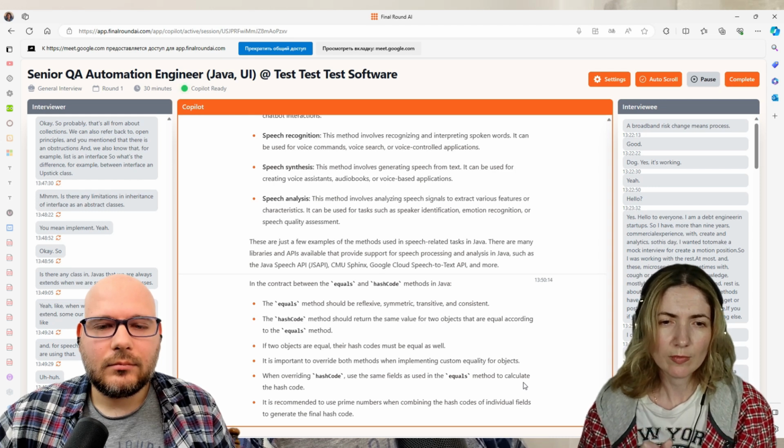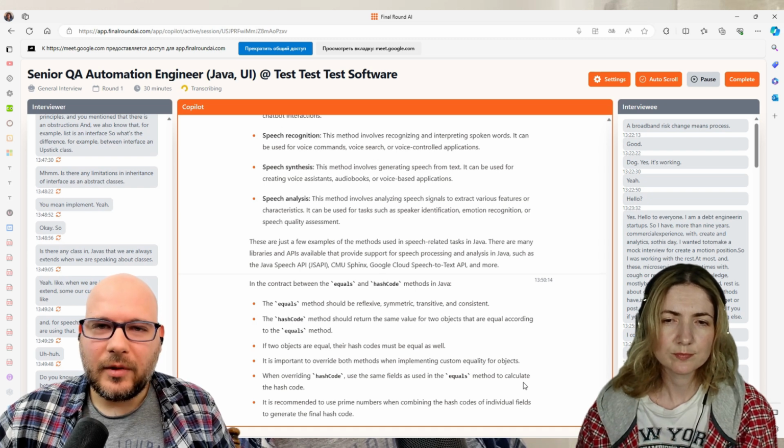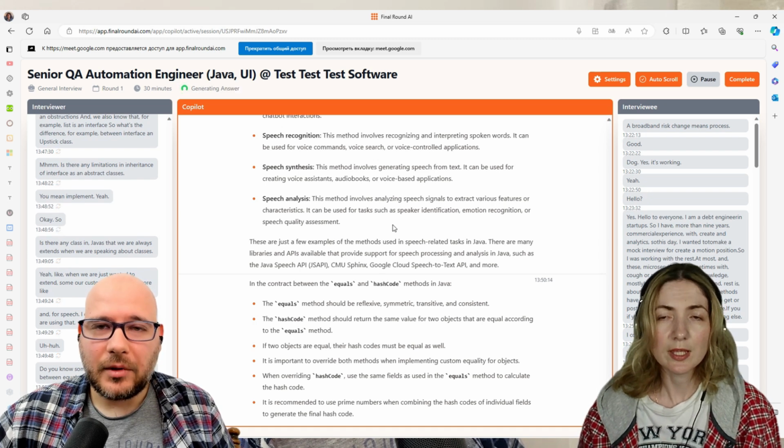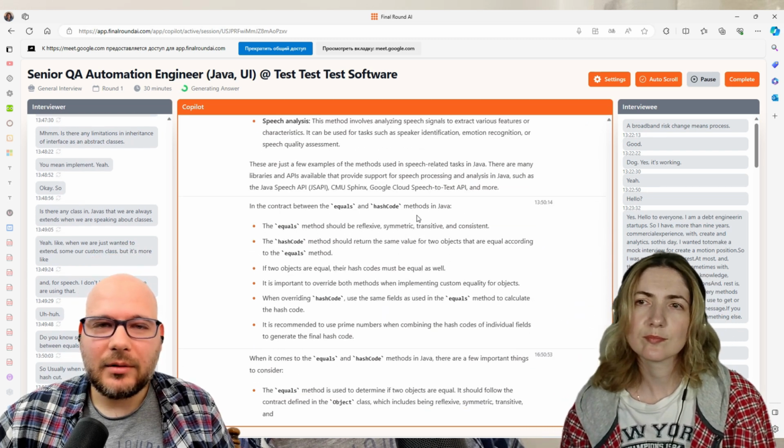Yeah. So usually when we speak about equals and hashCode, we need to override them at the same time, yeah? Yeah, of course. And if we don't do that, what could happen?